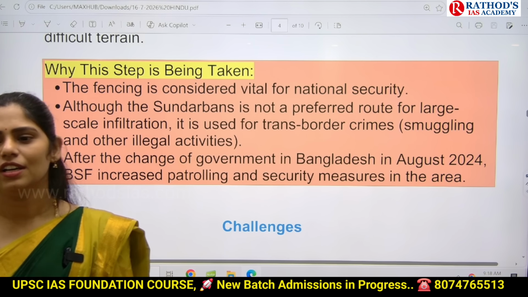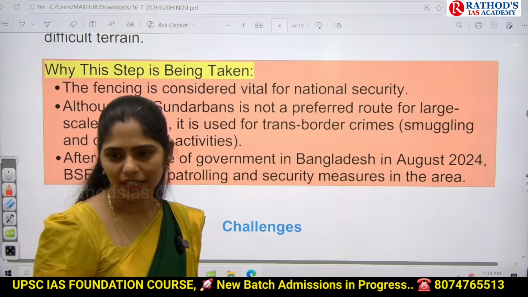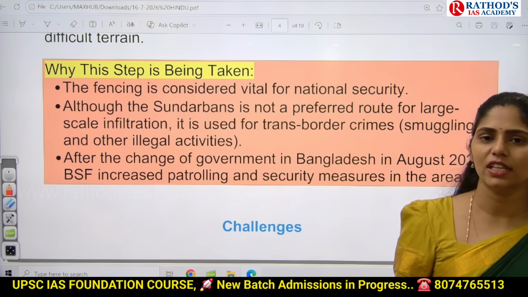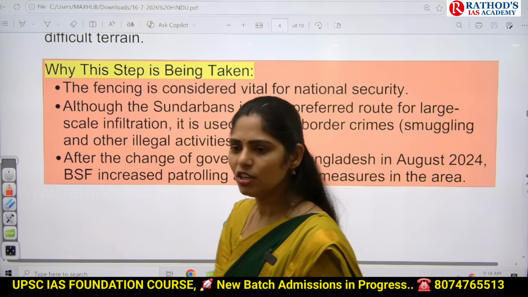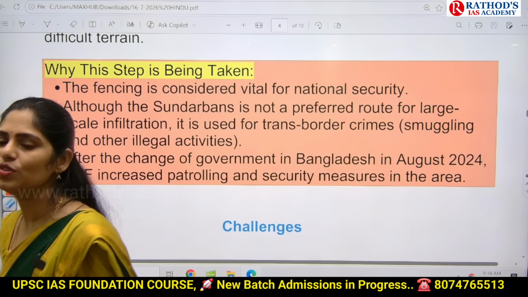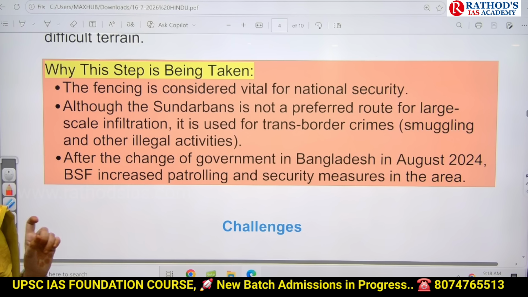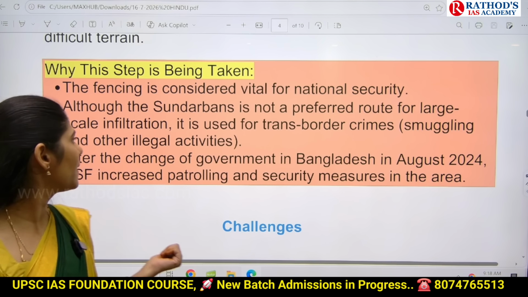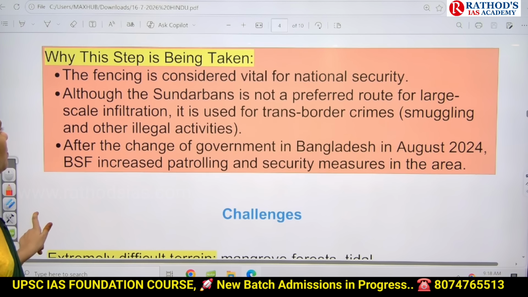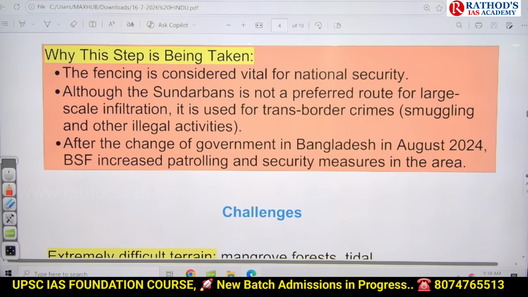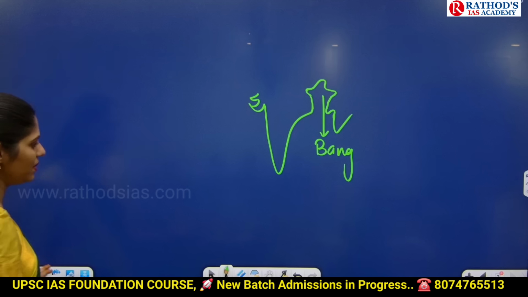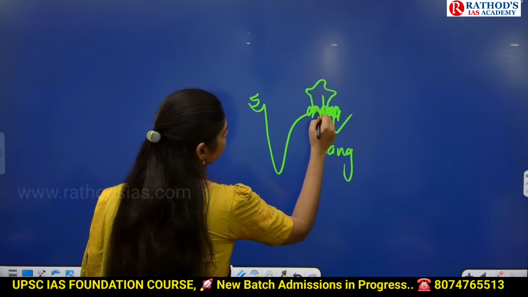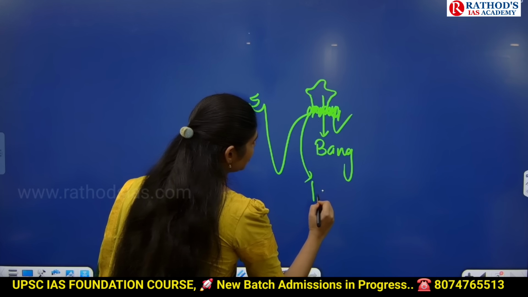We worship cows as our sacred animal, and there's a good population of cows, and you even know that India is the second largest producer of milk in the world. So here illegal smuggling of cows happens across the India and Bangladesh border. To control that also, we need to have this kind of fencing. And mostly they will prefer the Sundarbans. Do you know the Sundarbans area? So here in this area we have the Sundarbans. Sundarbans are nothing but the largest mangroves.